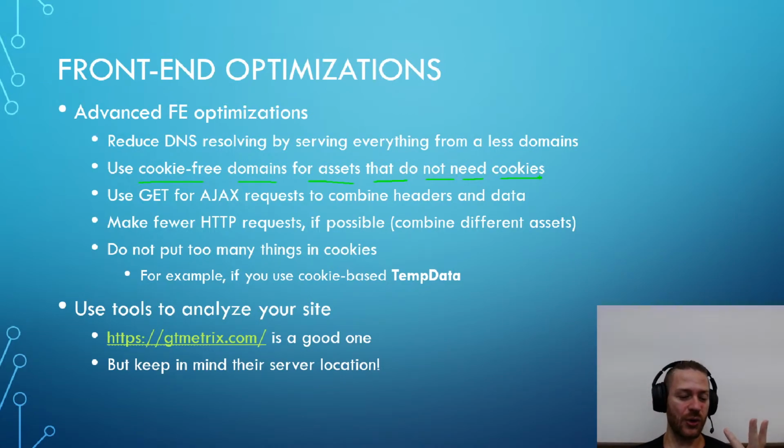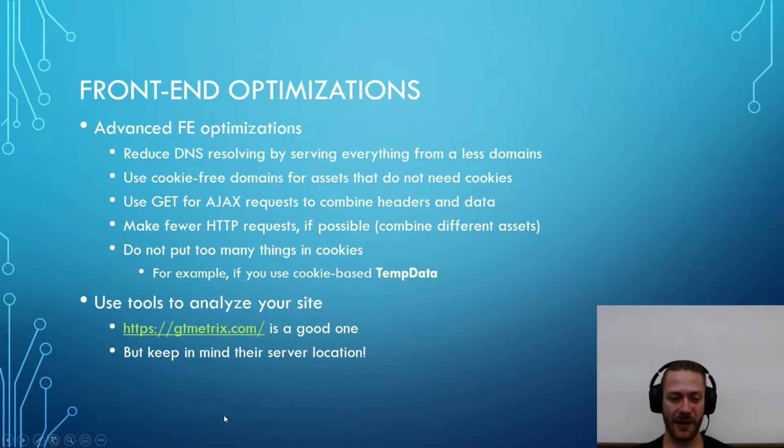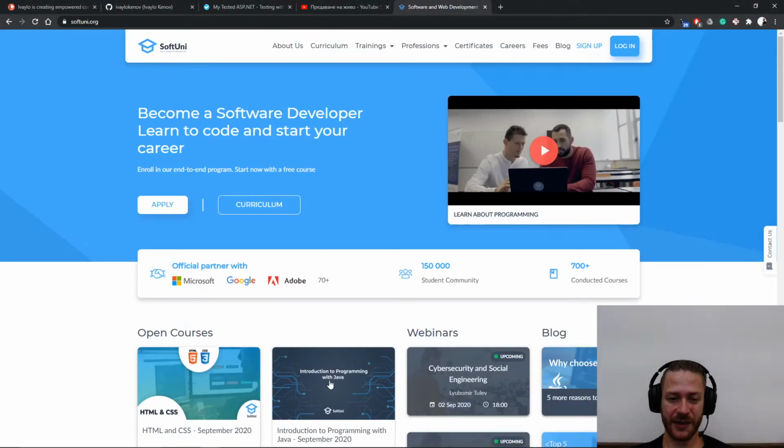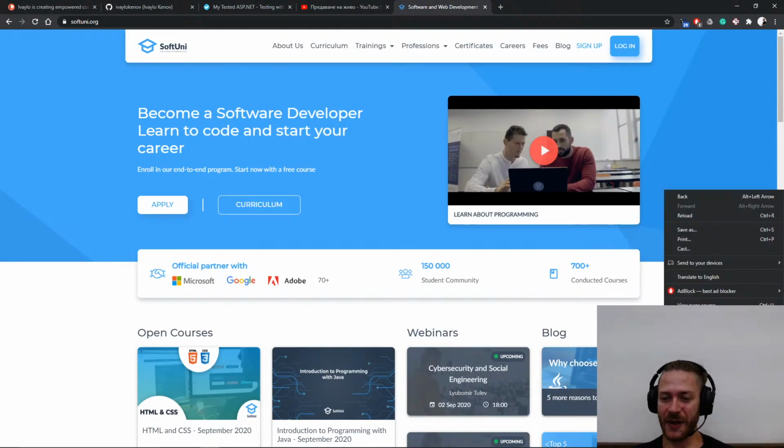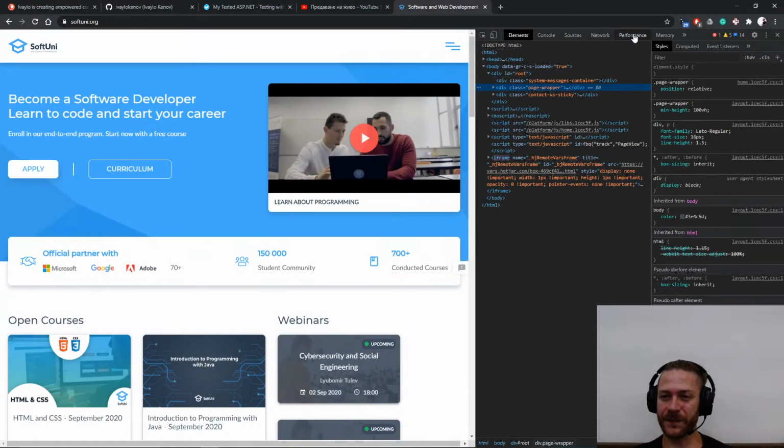If you have a cookie which is sent to the images endpoint and the images don't need the cookie, you're essentially making your request bigger than it needs to be. So if you move all the assets to a CDN which doesn't require a cookie, you're good to go. That's the best scenario, because if the images are coming, for example, like here, all the images come from the same server, and if we have a cookie set here,